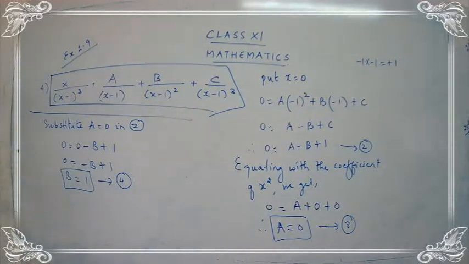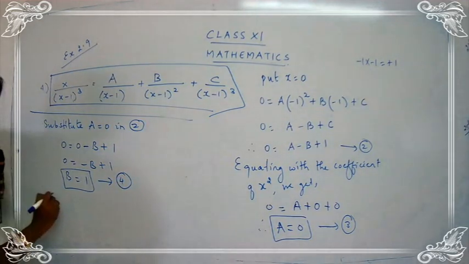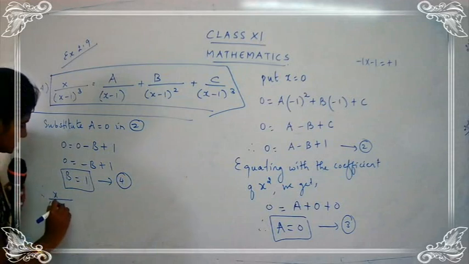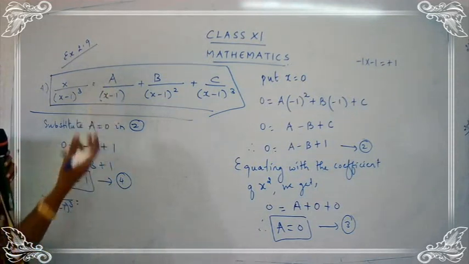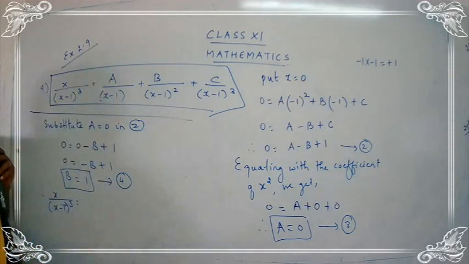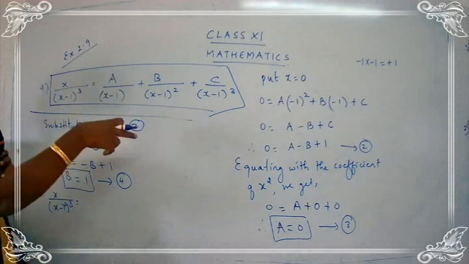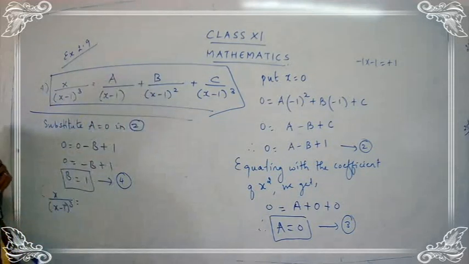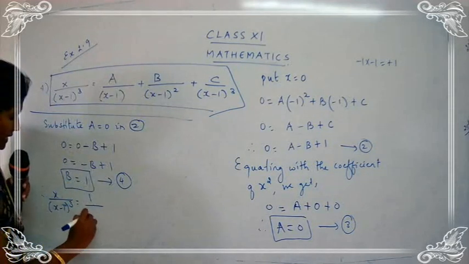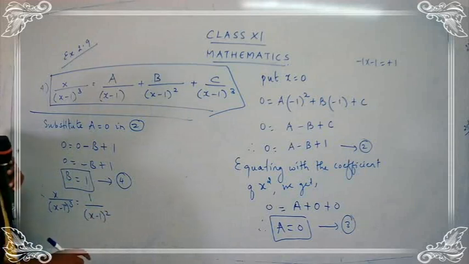The next thing is, we have to substitute all the values in the first part. That is, we have factorized this, we have split it. We have to substitute all the values over there. Let us put the value. Therefore, x upon x minus 1 the whole cube is a upon, a is 0. So 0 upon something, the whole term becomes 0. So this term gets vanished because the value for a is 0. So leave this term. B, what is b, children? Yeah, 1. So 1 upon x minus 1 the whole square. C, what is the value for c?